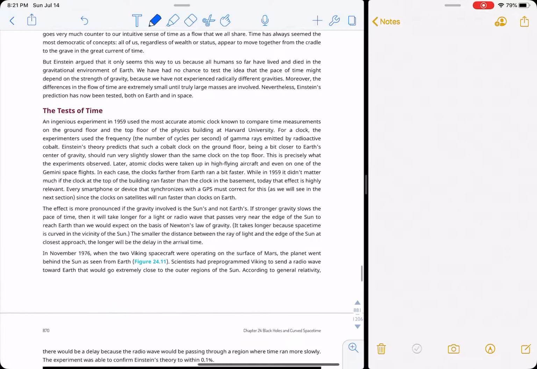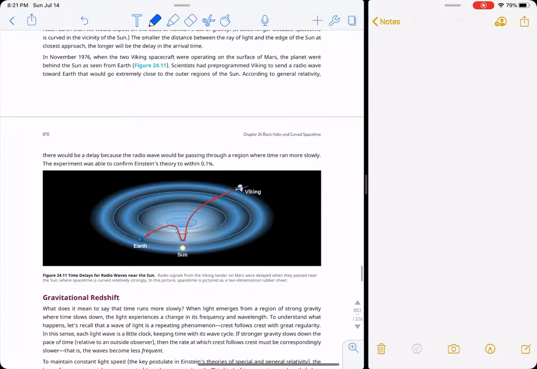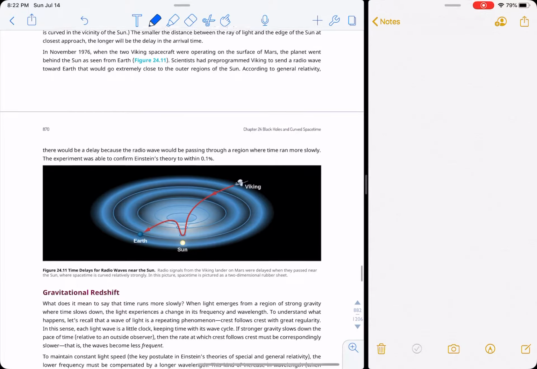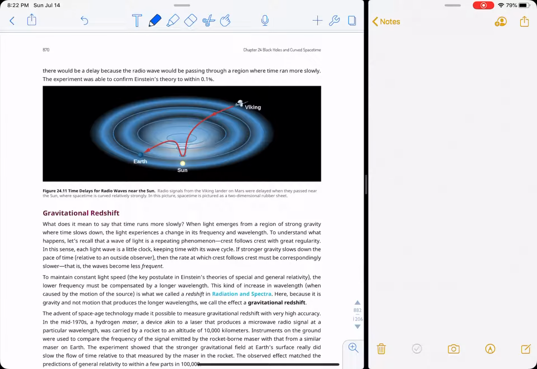Okay, so this test of time, there's other things here. Like I already mentioned, the GPS clocks have to constantly correct and update for the sun. There's delays of radio waves when going through closer to the sun than when we're on. So when Earth is here, the time it takes is longer than just the extra distance we have to travel. It's longer because it has to go through curved space.